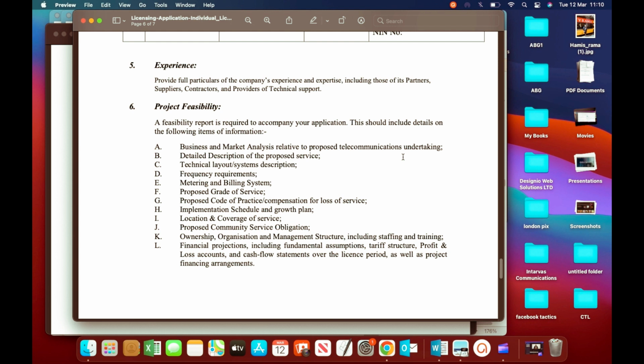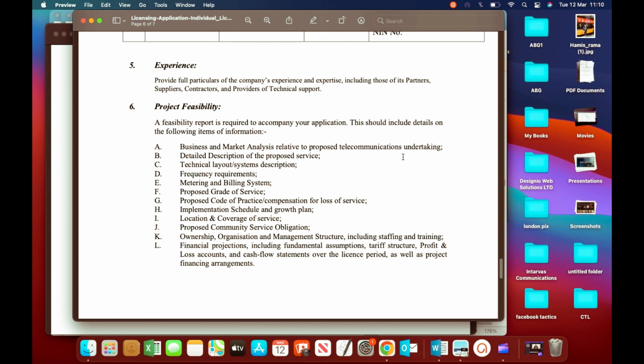And one thing you need to also know is that anything you use, you have to back it up in the reference section, because if you write a feasibility report without references, definitely it's not going to fly. Even if you pick this information from the NCC website, you have to state the NCC website and the reports, you have to reference it. If you use any newspaper or any publication, you have to reference it accordingly and give credit to those that developed the content. Okay, that's for the business and market analysis.